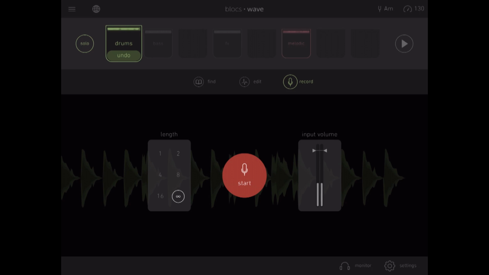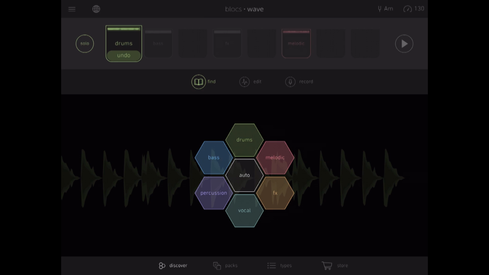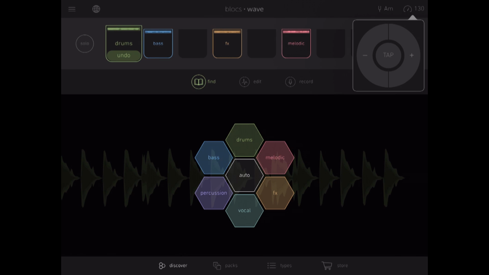We have control over two other important parameters in our arrangement. So if we go back here to our Find screen, go back to Discover so that we can see our loops, we will unsolo, turn those back on. Now we can change the tempo by clicking here. You can either tap in a new tempo, or you can use the plus or minus buttons to increase or decrease the tempo. And we can also change the key. And we have access to all 12 of the keys. So you're free to play with this in real time while the loops are playing back. So if we start this,